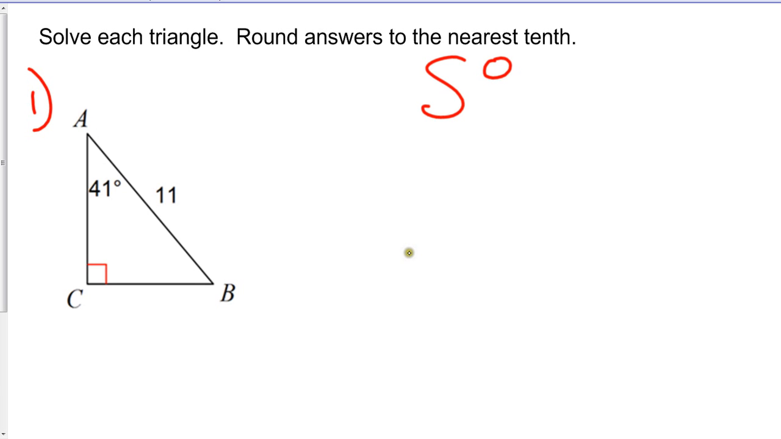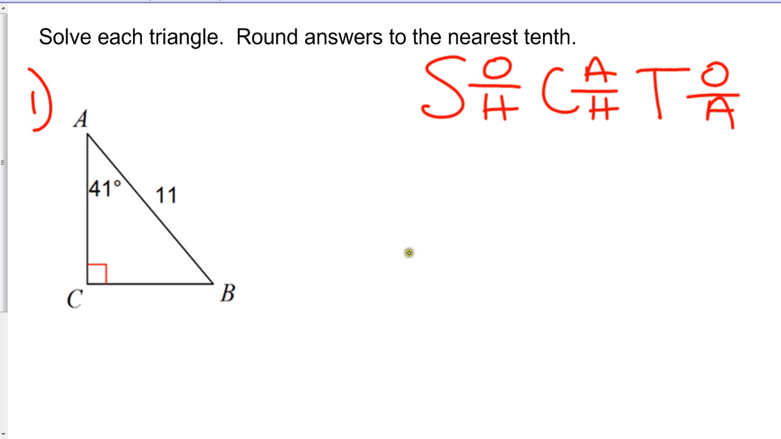So, SOH CAH TOA. Okay, and what we want to do when it says solve each triangle right here, it simply means find